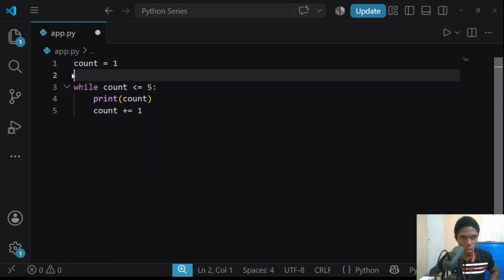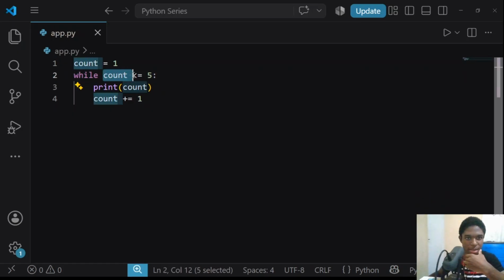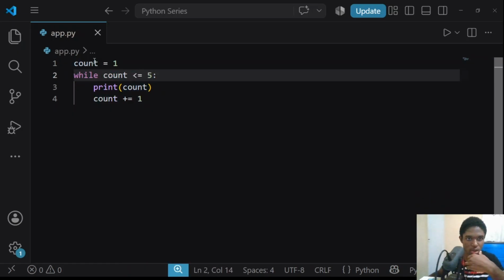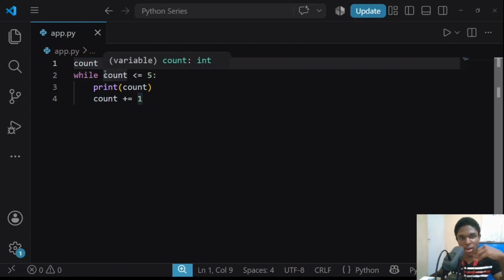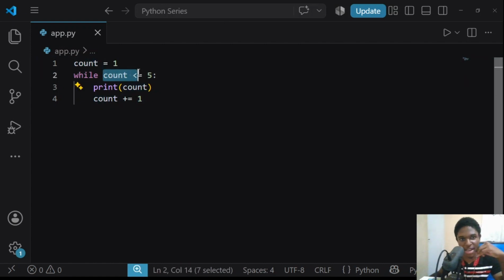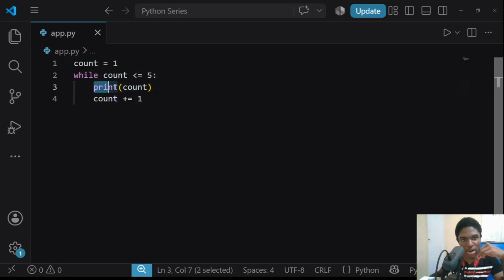So what this while loop is doing, guys, Python is checking this condition right here. Notice we have our variable count initialized to 1, and we're saying count should be less than or equal to 5. So we're basically saying as long as the count is less than or equal to 5, print the count or the number